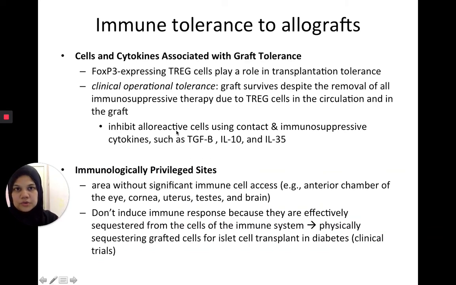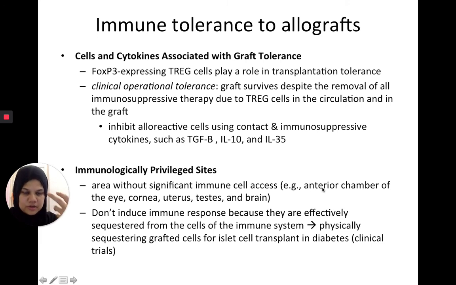And there's also some tolerance that you'll see when you do a transplant in what we call immunologically privileged sites. So these are areas that do not have a very easy access for the immune cells. If you recall in the earlier slides, a key feature of the rejection is the infiltration of the cells. So the cells all come from the blood vessels and then start attacking in the tissue. So some sites are not as reachable by the blood vessels, so they cannot have as easy immune cell